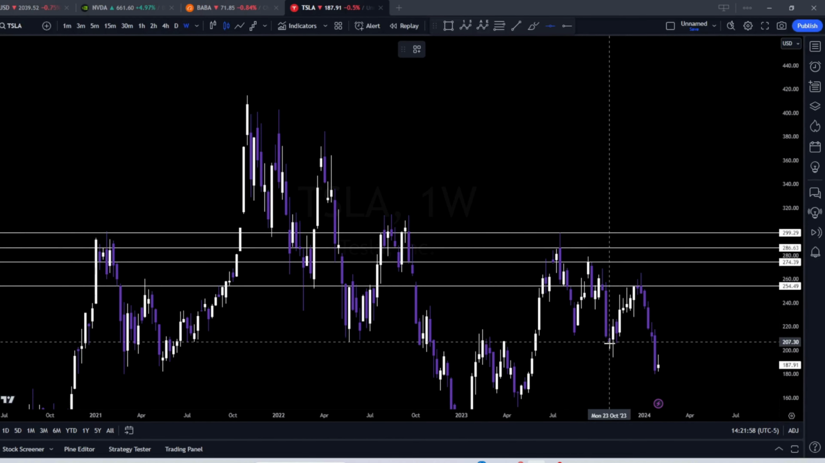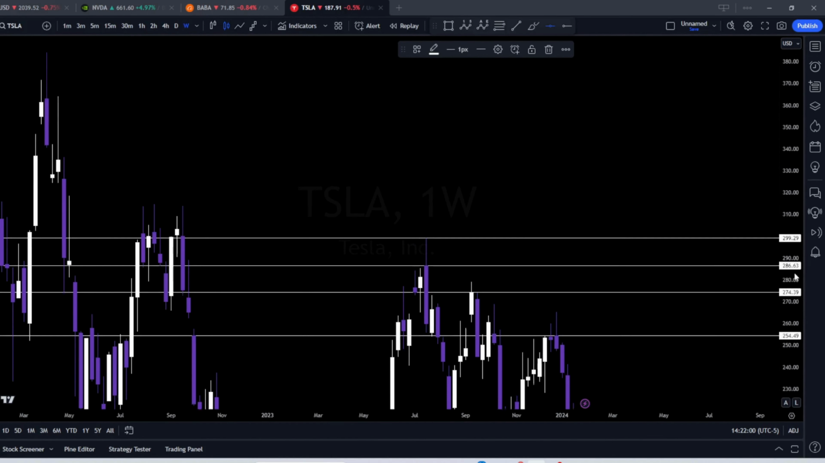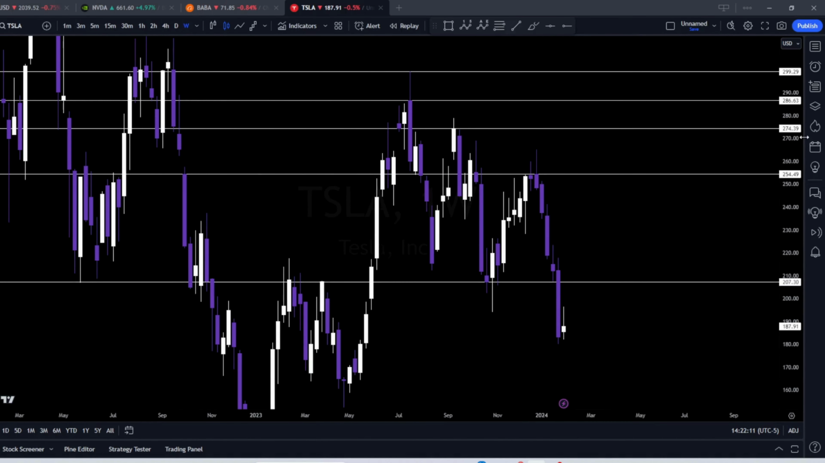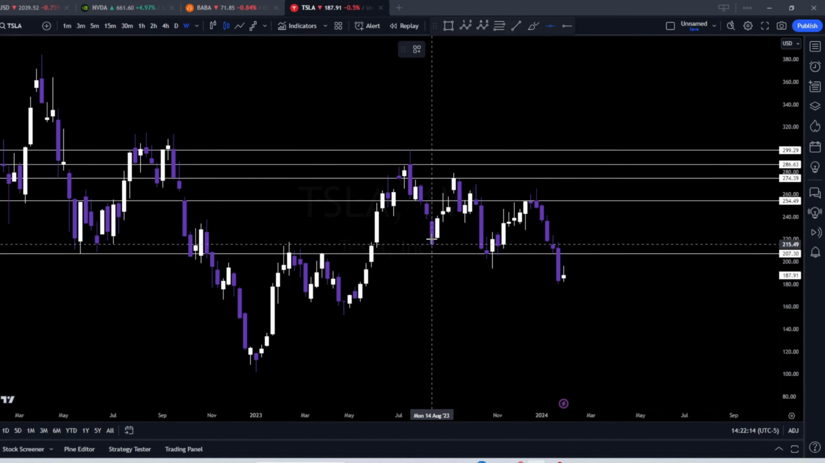There's this level right over here. The reason I plotted this level instead of this wick or that wick is because you could see this level was touched a lot more in the past, so that's something I want to go with. And let's see,